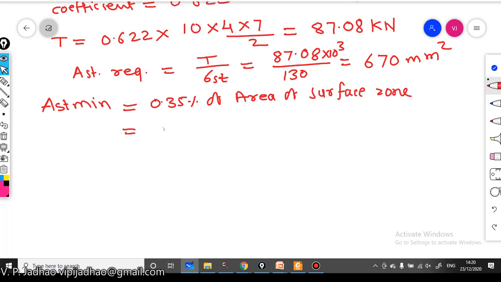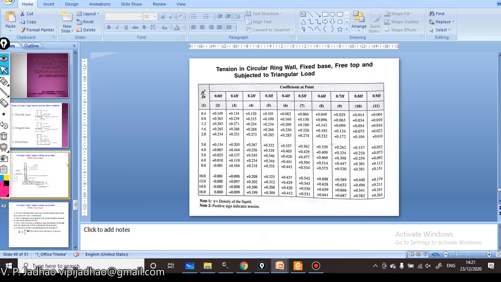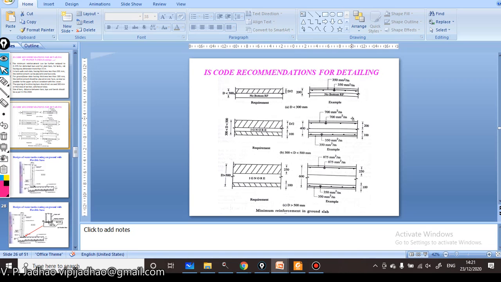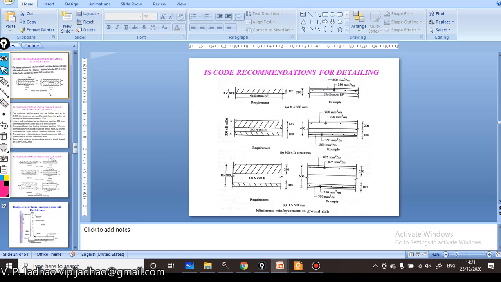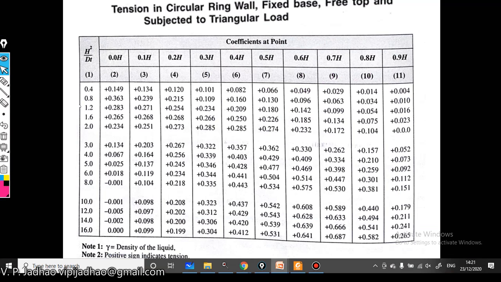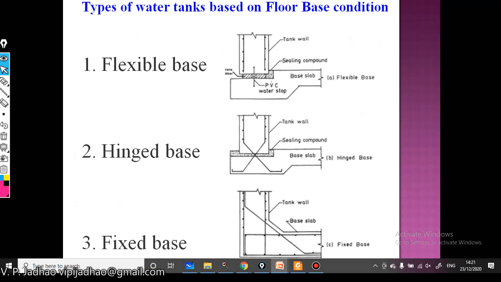So this is equal to 0.35 divided by 100, because it is 0.35%, multiplied by 1000, this is width, multiplied by the depth. Now how do we take the depth required? That is given, you can see here in this particular figure. If the thickness of your wall is less than 500 mm,